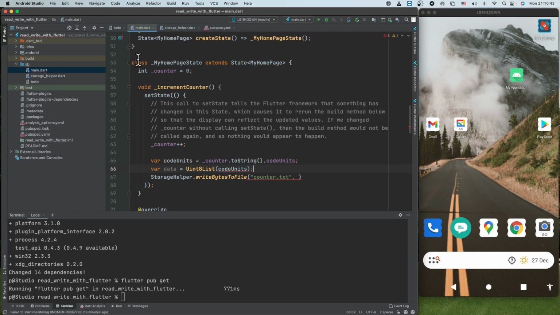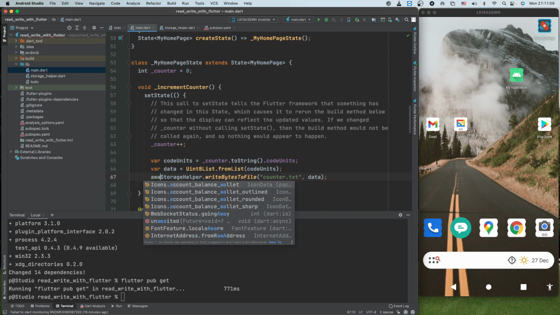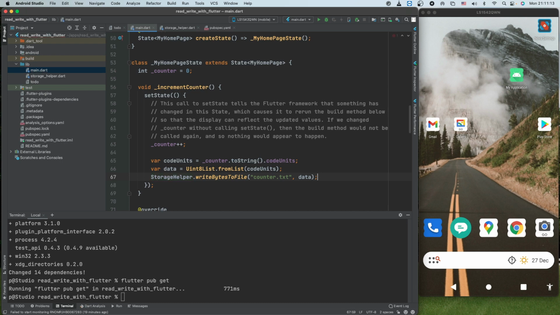and for that we can pass this, and if it is not coming, it means okay, what it was expecting is the length, but we are having a list, so we can pass from list, and we say code units, and now we can pass this data here, and we can say await, or we can say then, and here we can write print data saved. Okay, we can save this,